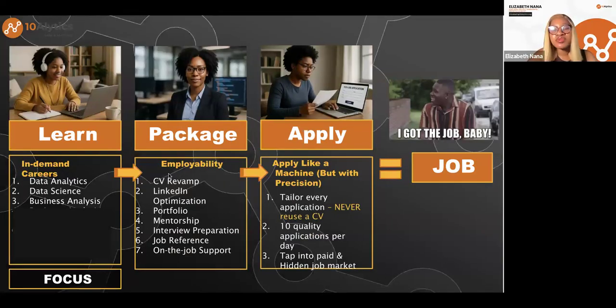Now, I've talked about this three-pronged approach. You want to first learn, you want to package, and then you want to apply. Now, when it comes to health informatics, yes, here at 10 Analytics, we offer 10 different carefully curated programs, but I'm going to drill down to just 3 because, as far as I'm concerned, the people on this call right now listening to the sound of my voice should be just concerned with 3 of these programs. Now, those 3 programs are data analytics, data science, and business analysis. Every other thing for